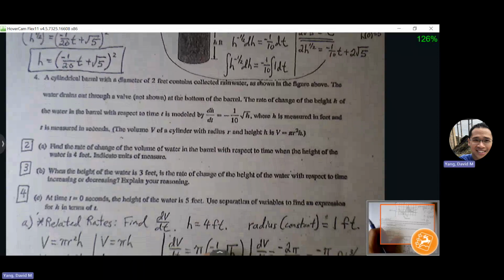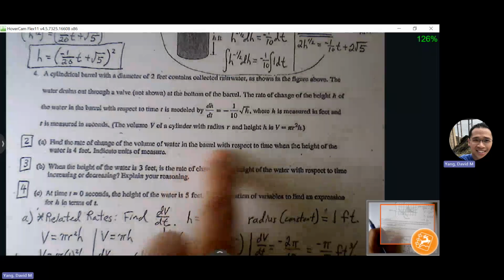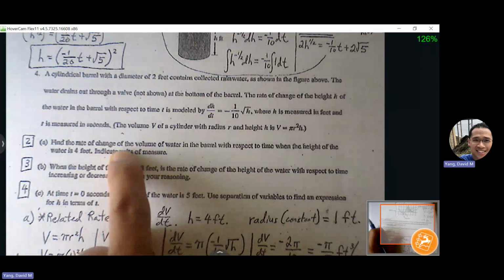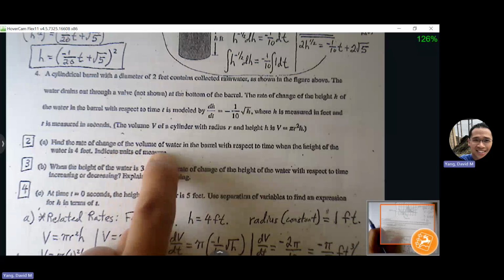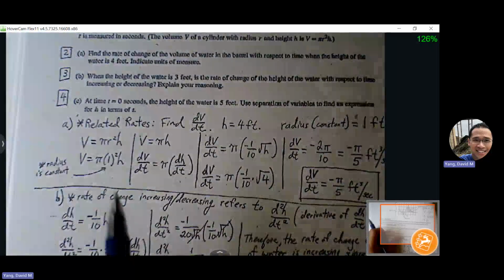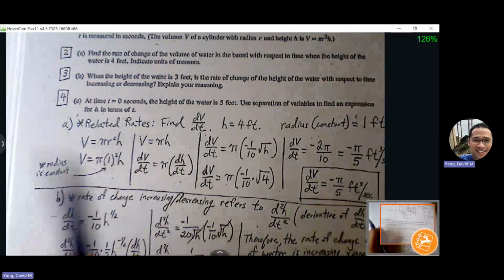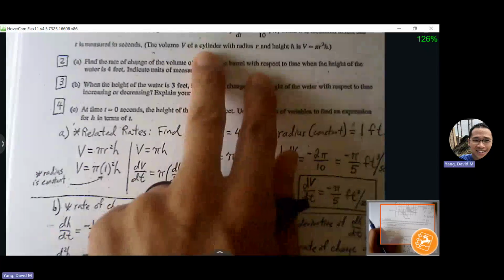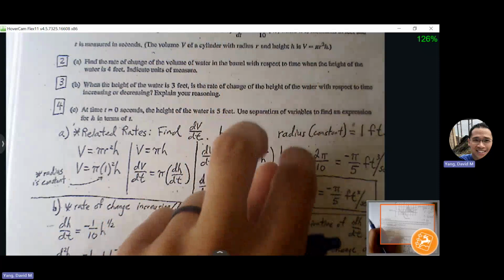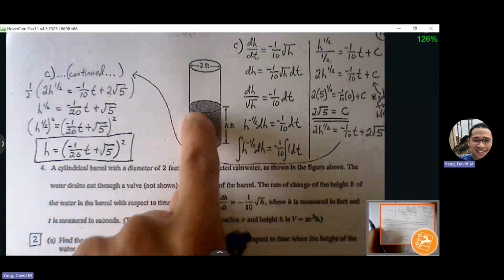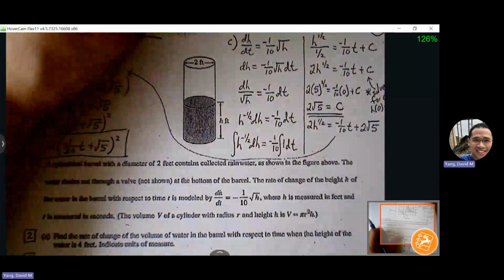Find the rate of change of the volume of water with respect to time when the height is 4 feet. Indicate units of measure. So anytime we see rate of change with respect to time, we should at least have that idea that maybe this is going to be related rates. So with related rates, we're going to be finding our derivative. Now, the nice thing about cylinders is that we don't have to worry about cones with similar triangles, because if we had a cone, for instance,